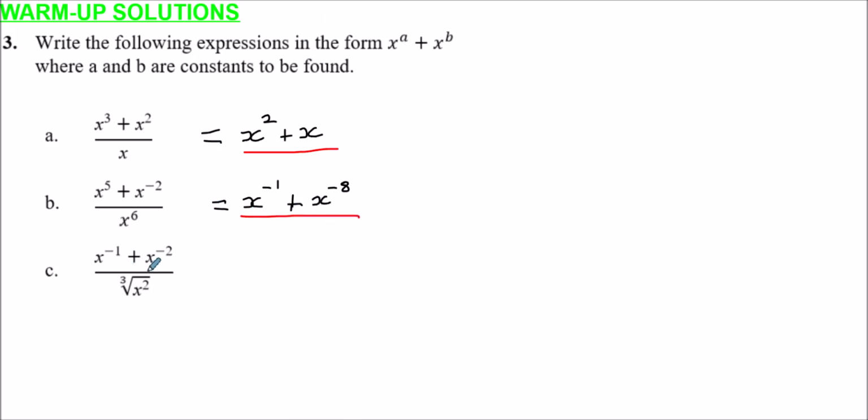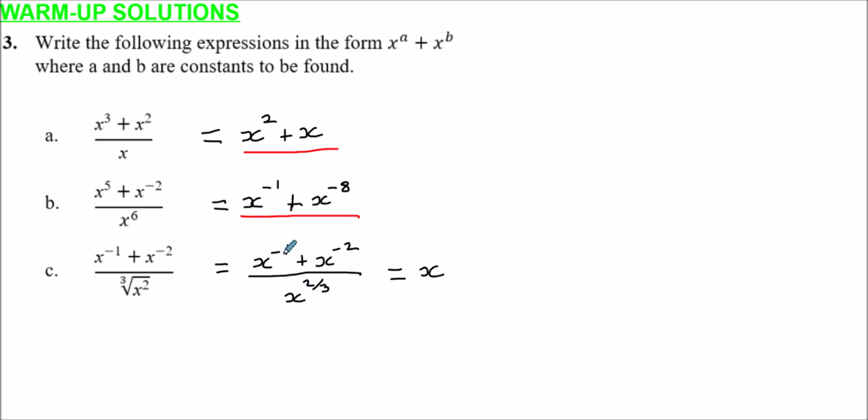And lastly, what I'd suggest we do first of all is to rewrite the denominator as something a bit more manageable. So x squared cube rooted is x to the power 2/3. The cube root is to the power 1/3. So something squared to the power 1/3, power of a power, we multiply the 2 and the 1/3 to give us 2/3. So now, just subtracting 2/3 from each of these powers at the top gives us, here we have